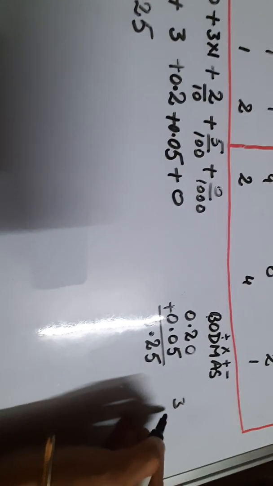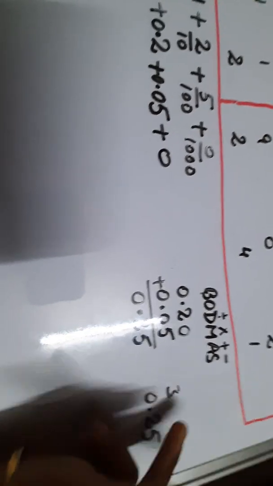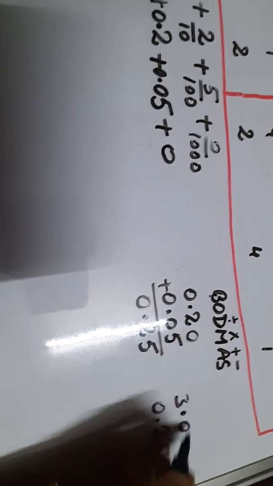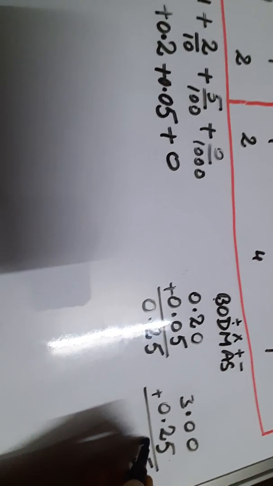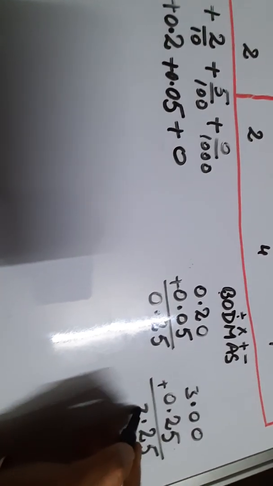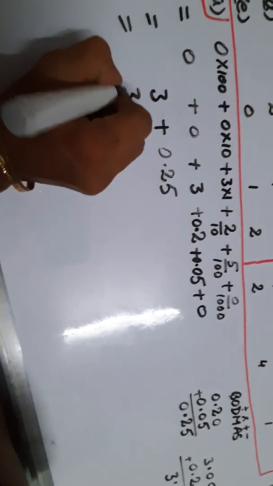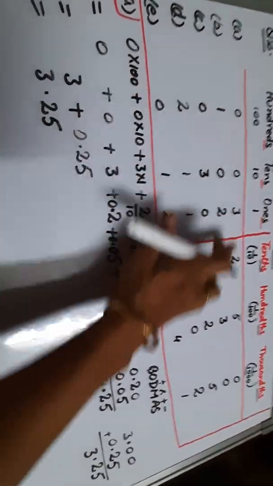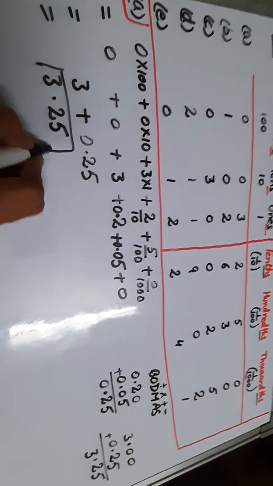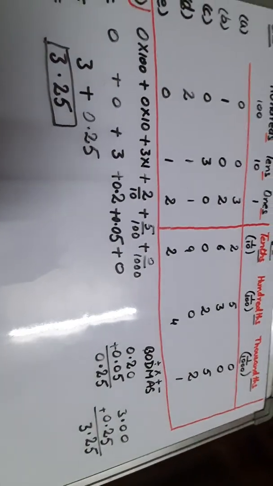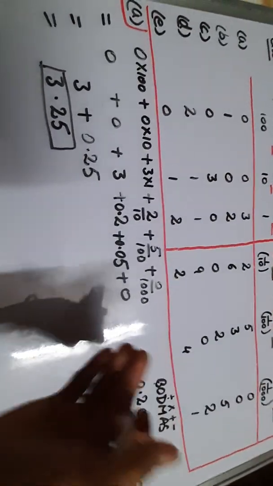Again, to add it, what you can do? 3 and 0.25. Now this is only 3, so we'll take a decimal and place 2 zeros like this. Then we will add it. 5 plus 0, 5, 2 plus 0, 2, then decimal, 3 plus 0, 3. So 3.25. So dear students, in this way you can convert the values given in the table into the decimal number form. So I hope it is clear to you. Do the rough calculation on the same page by drawing a margin in your notebook, dear students.